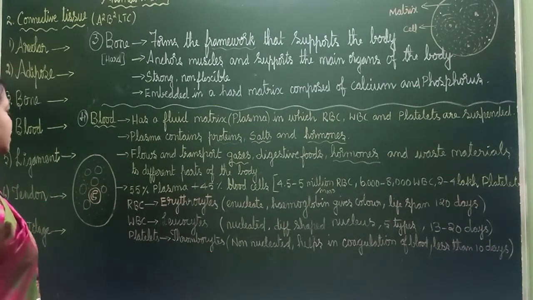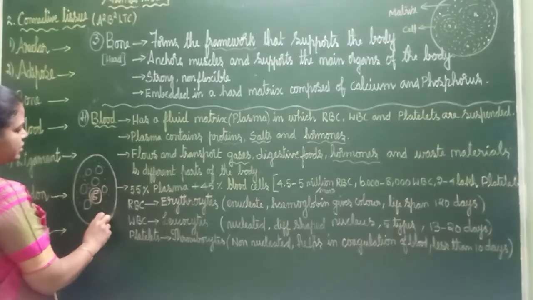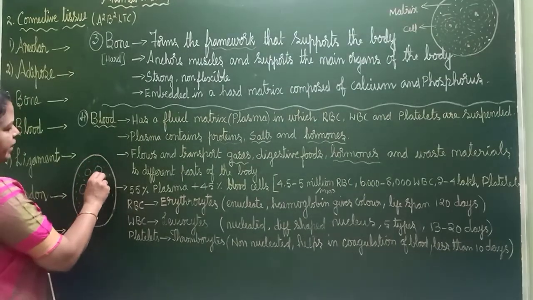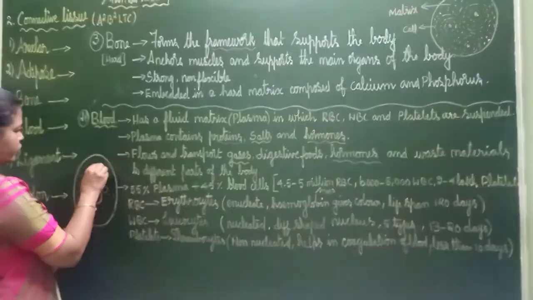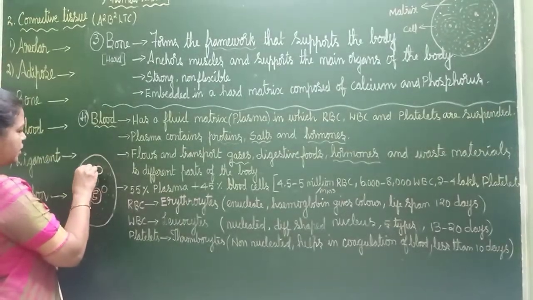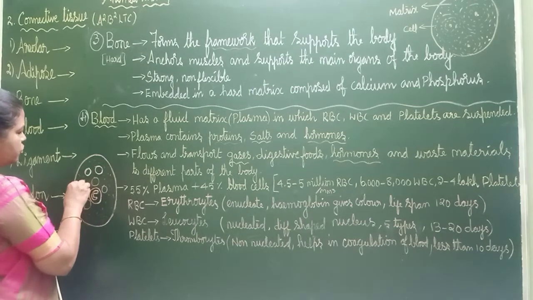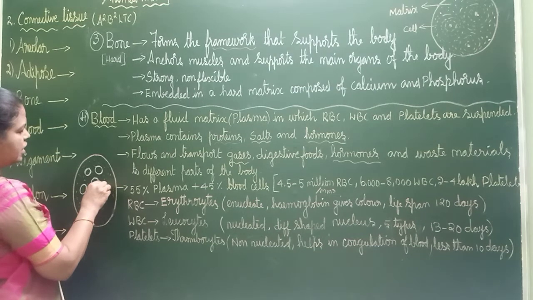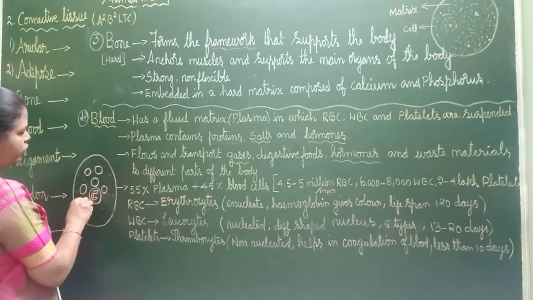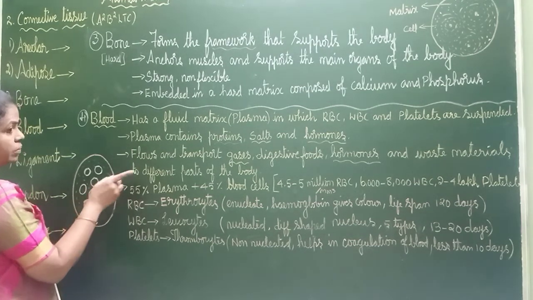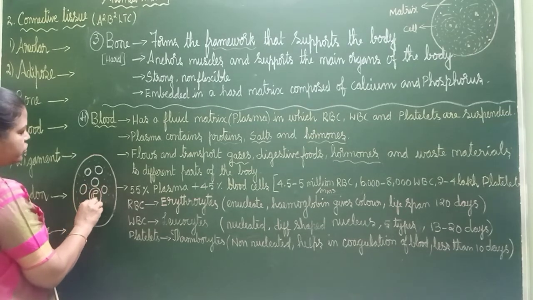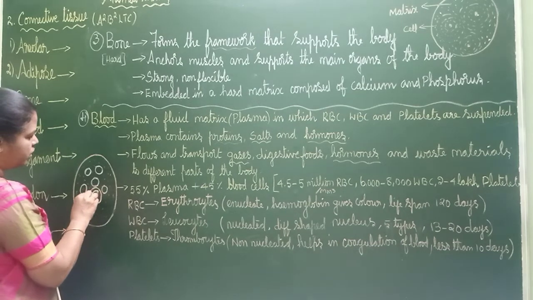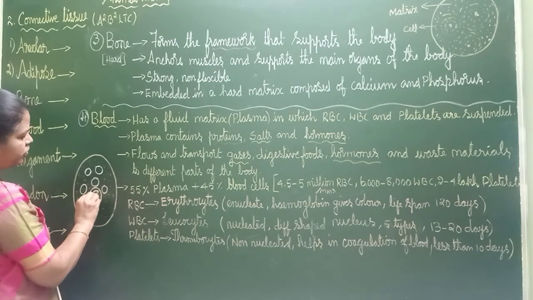And if you see the diagram, this is a fluid matrix, I said. So this is fluid, plasma is there, and in that I have shown 3 types of cells. This is red blood cell. Should I show a nucleus? No, nucleus is absent in red blood cell. Red blood cell I am showing many because the number is more. White blood cell, if you see, they are nucleated. I have shown only one type. The nucleus, see, it is of different shape.